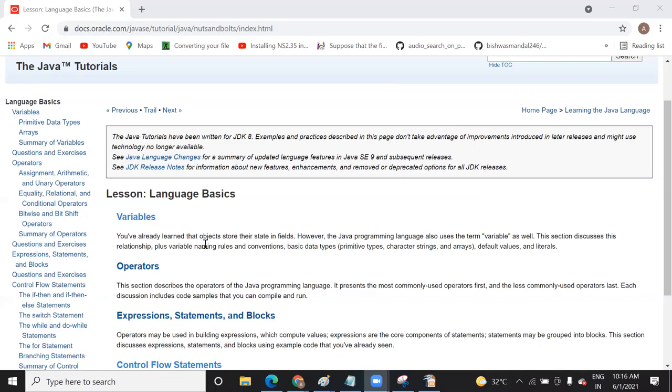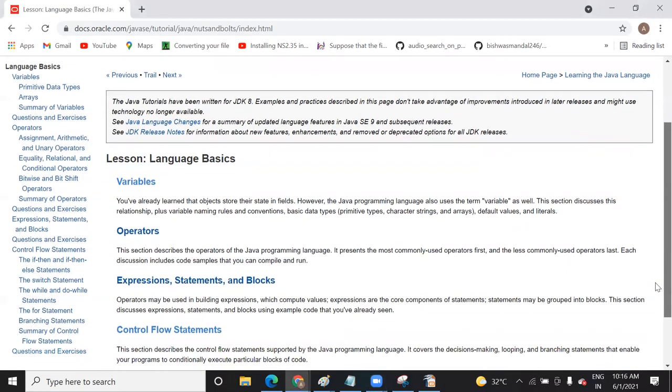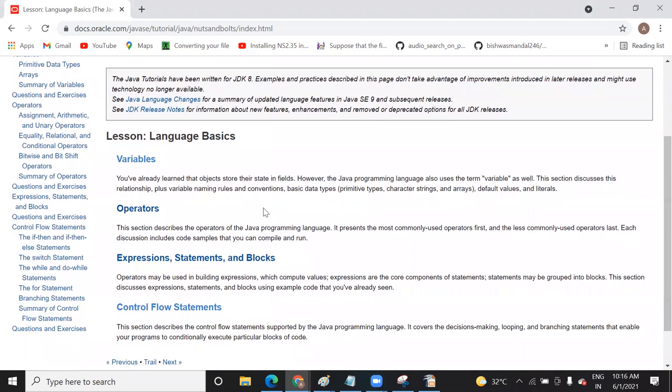As you can see, an object stores its state in fields. Inside the object you have a variable and its value, and there are basic data types: character, string, integer, float, double. You might be aware of them from the C language, right? You know all the data types.